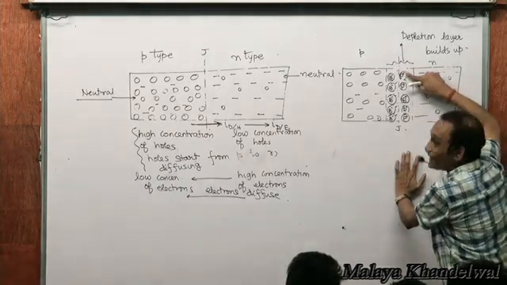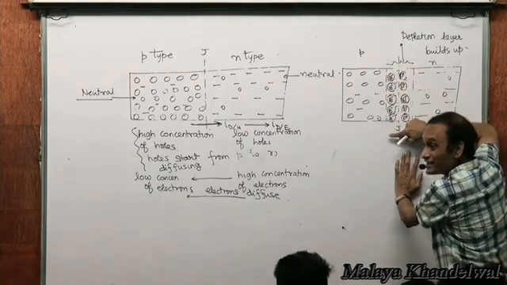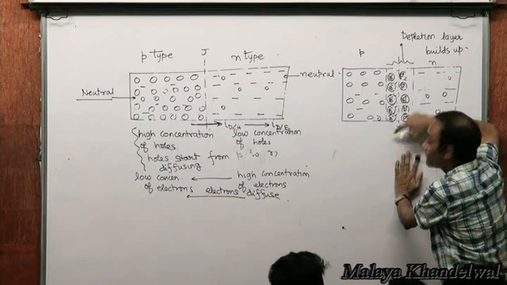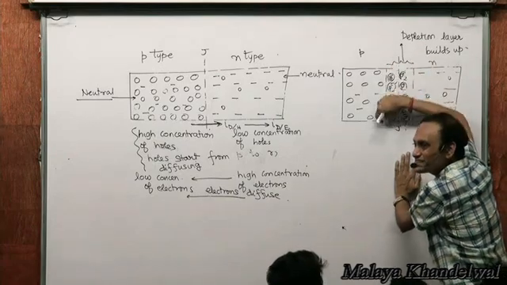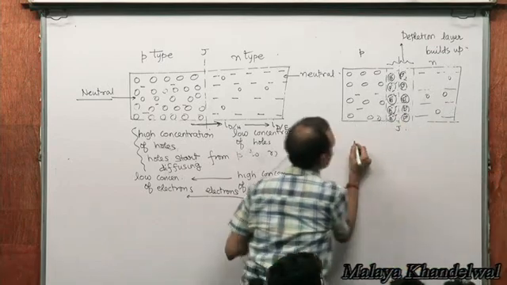This would be a net positive charge. This layer would be a net negative charge. It's no longer a neutral layer. These layers now have charge. Yes or no? So which means